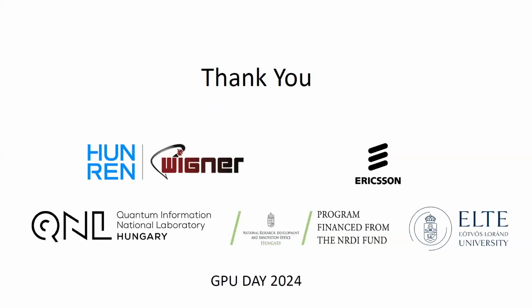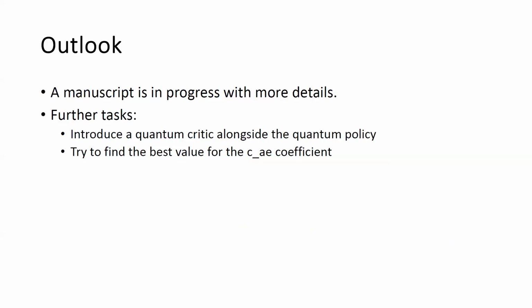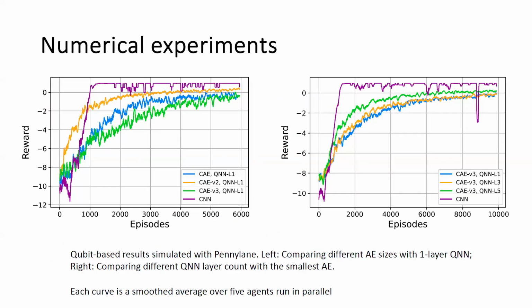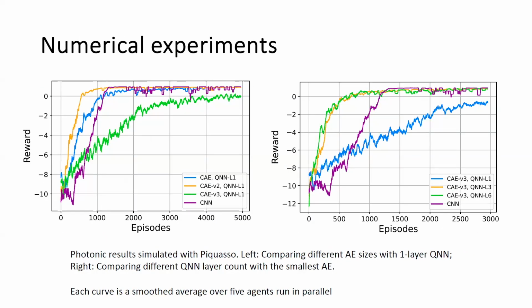Maybe I have a silly question. If you could go back to the reward graphs. Sorry, maybe it's a silly question, but can you go back to the reward graphs? I'm not familiar with how you calculate this, but what I see with the naked eye is that some of them have less fluctuation and the others are very straightforward. Is there any reason for this?